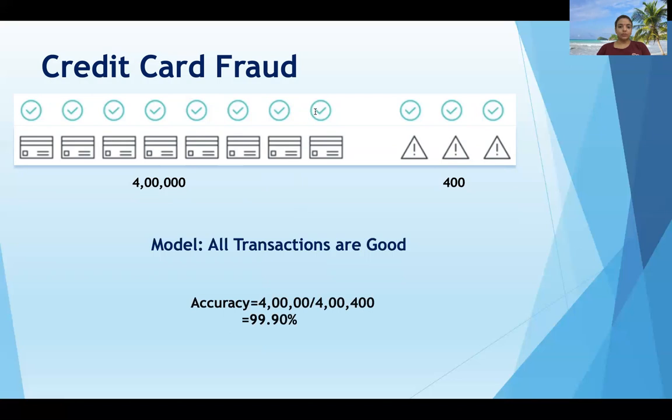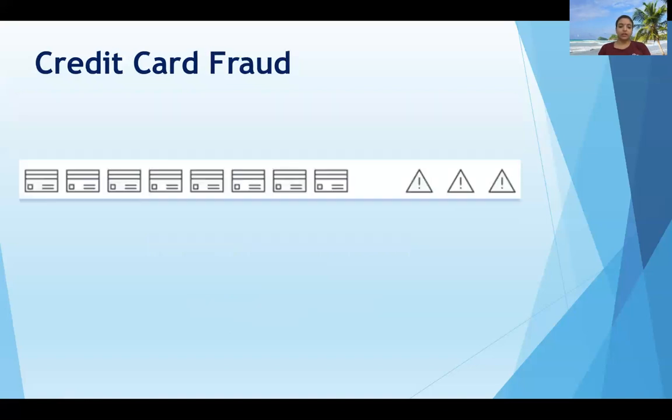Now look at this model. It gives a good, high accuracy, but actually it is not a good one, as this model is not catching any bad one. The point of the model is to catch a fraudulent transaction. Okay, we will think about another model that will catch the bad transactions.